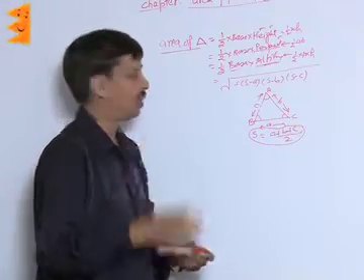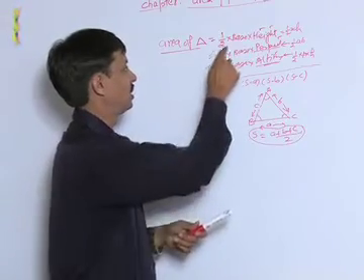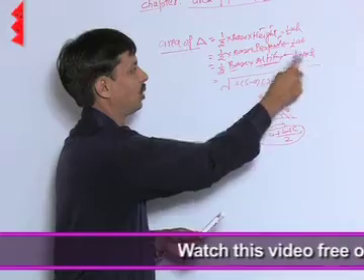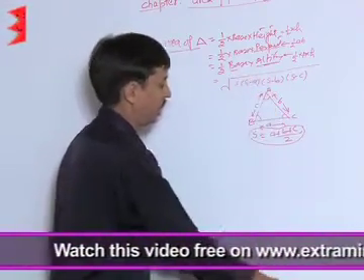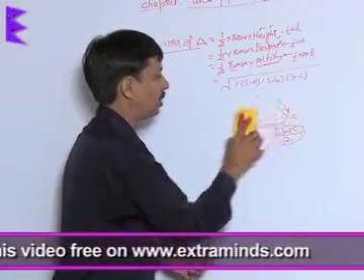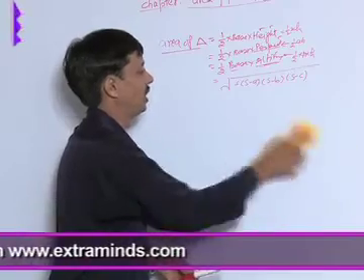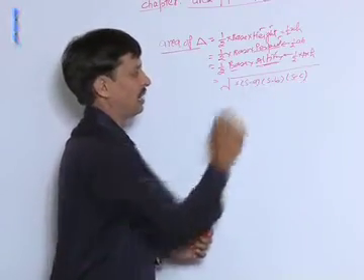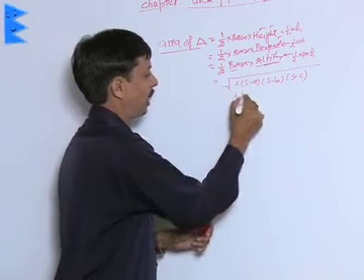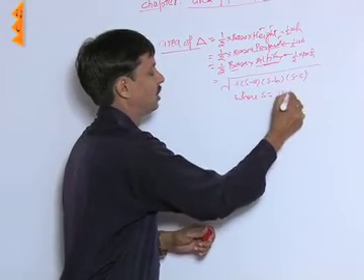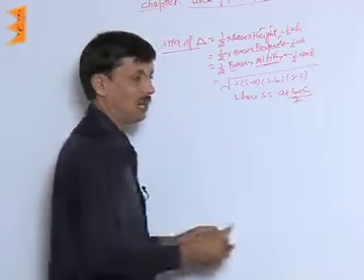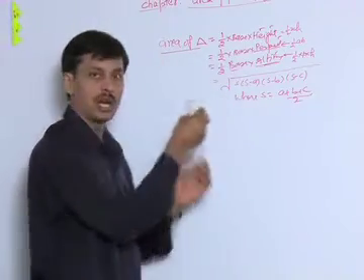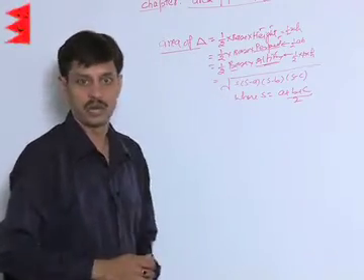So the first polygon, the triangle, has four results: half base into height, half base into perpendicular, half base into altitude, and in case the triangle is scalene and all three sides are given, we can apply root of S into S minus A, S minus B, S minus C, where I have explained what S is: the semi-perimeter, that is half of the perimeter. So this is the result. These are the results about how to find the area of a triangle.